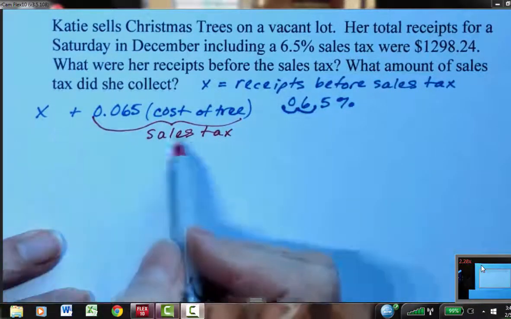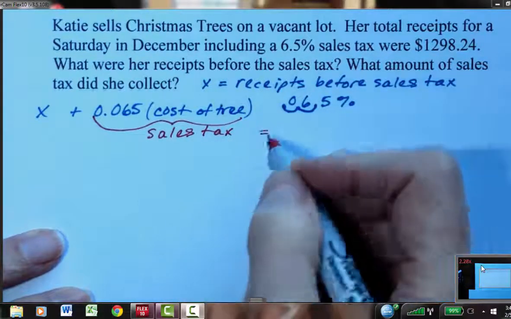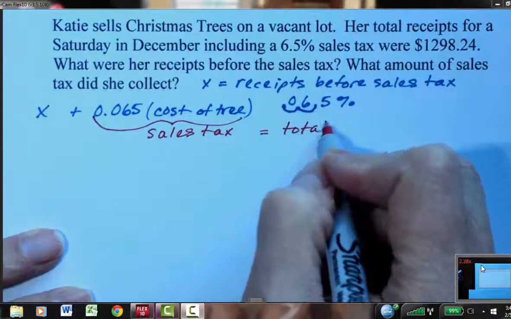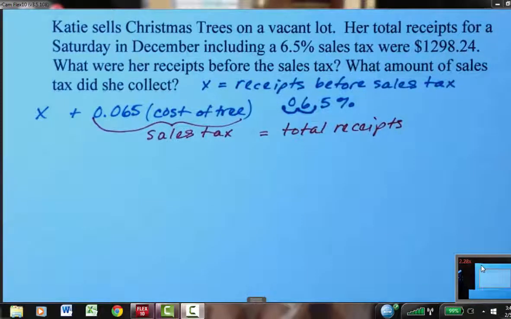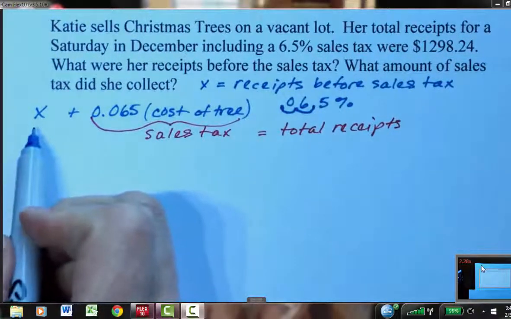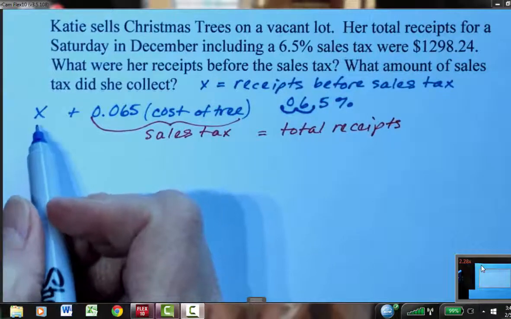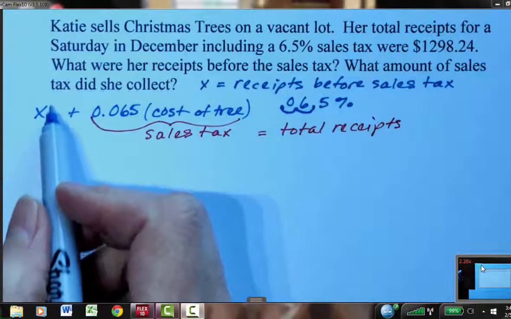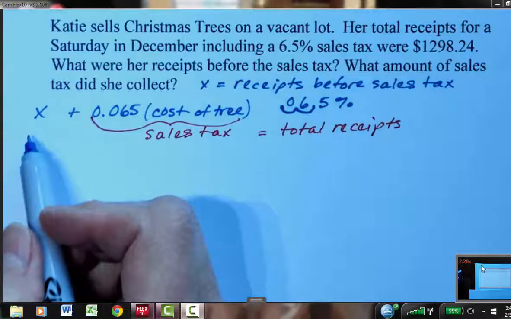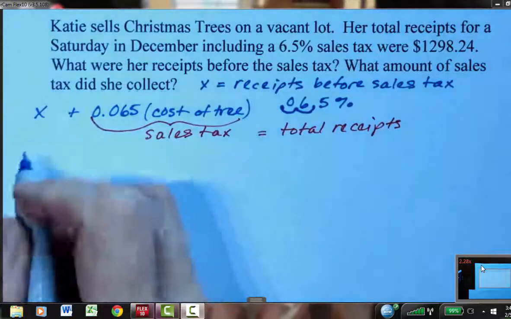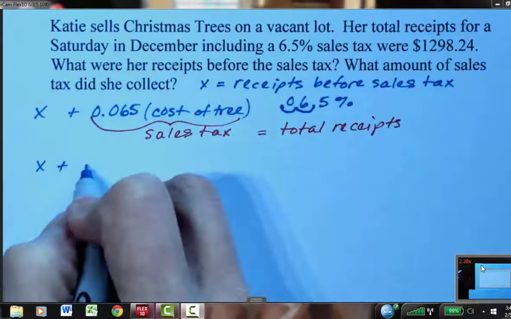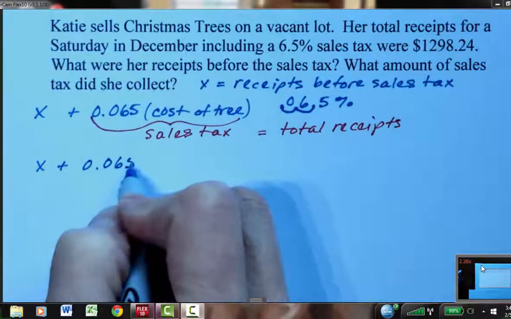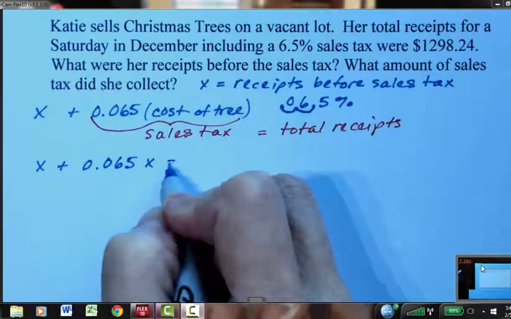So the cost of the tree plus the sales tax is going to give me my total receipts. In this case, we have several trees included in this x. It's not just one tree, it's several trees. We don't know how many, and we don't really care. This is just the total amount that Katie takes in for all the trees she sells. So we're going to have x plus 0.065 times x